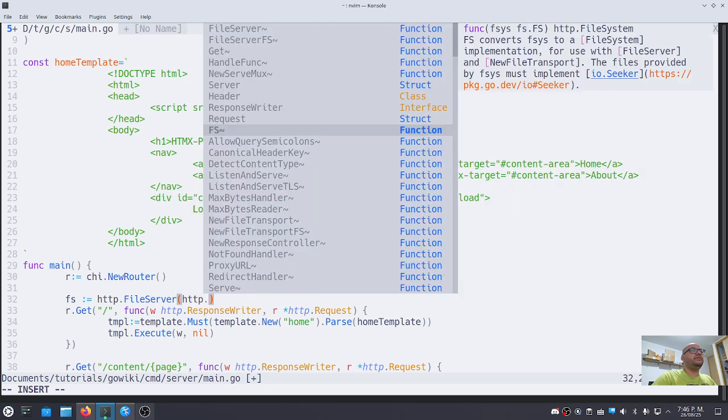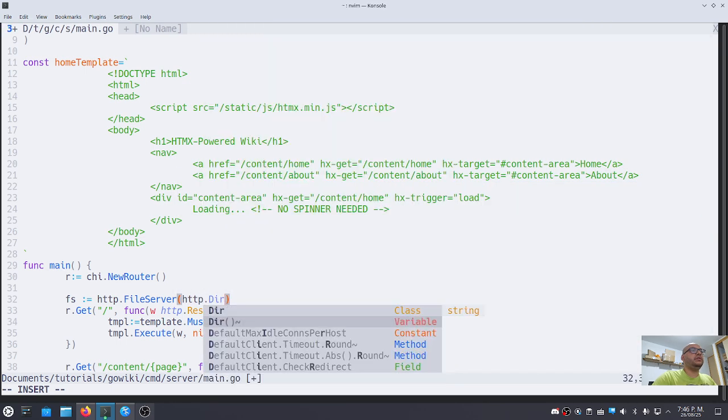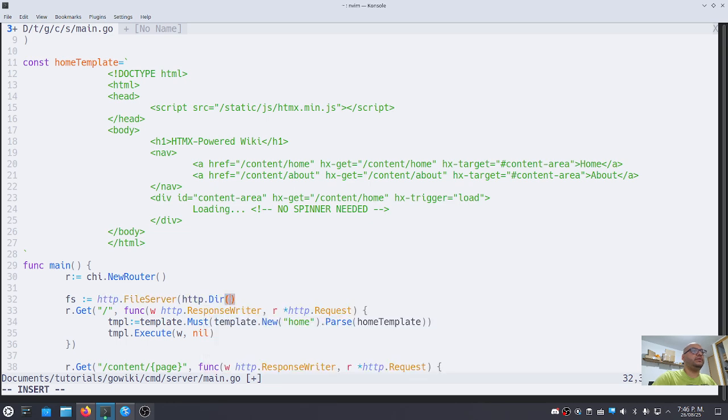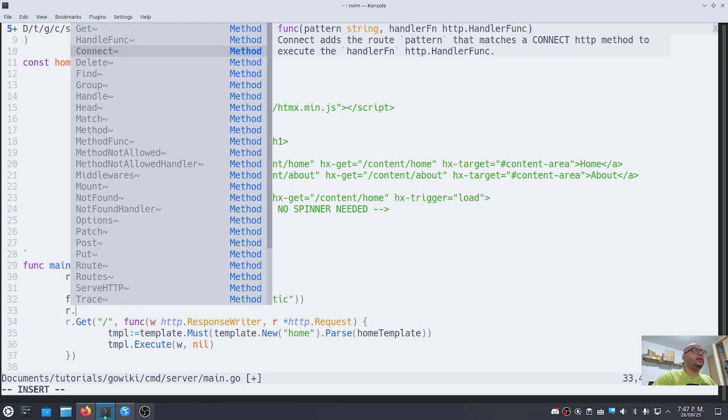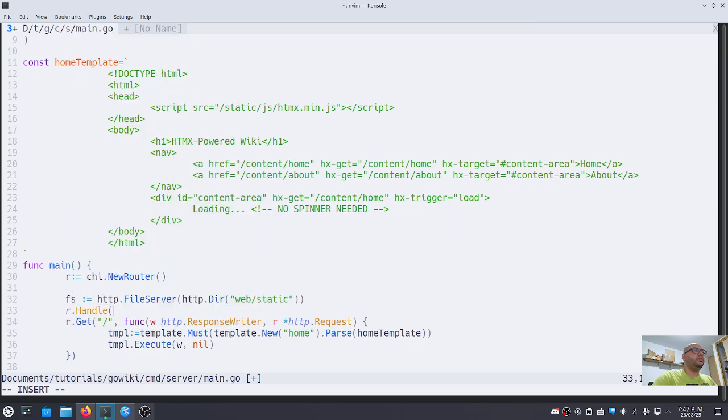And we will serve a new directory, relative to our current directory. We will serve whatever is in the web that's static. But in this case, we will have to handle whatever is being requested on the static folder. When you request things on the static folder, whatever you request,